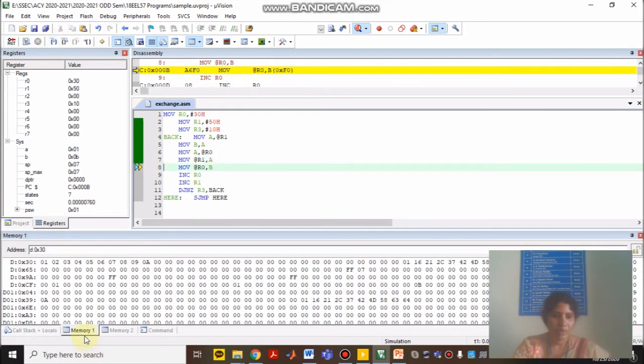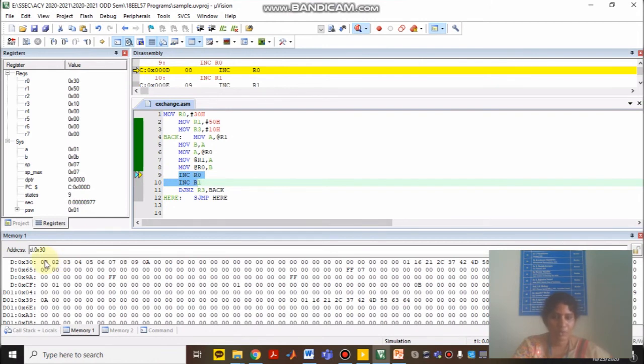When you see here, accumulator content is moved to at R1. You can see here, before it was 0B. After executing this particular 7th instruction, the 50th location data is changed with the 30th location data, and whatever you have in B, that is now R0, the present content of R0 is 01. After executing your 8th instruction, you will get 0B in 30th location. You could see the value. And increment R0 and increment R1, so the first data is exchanged.